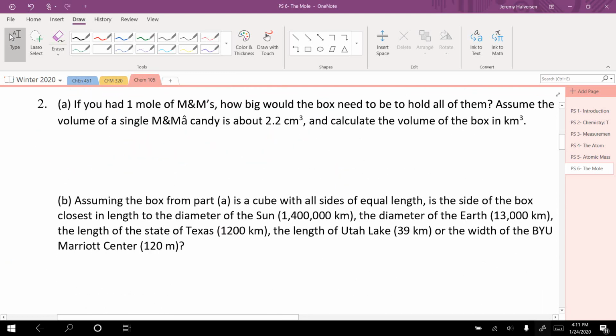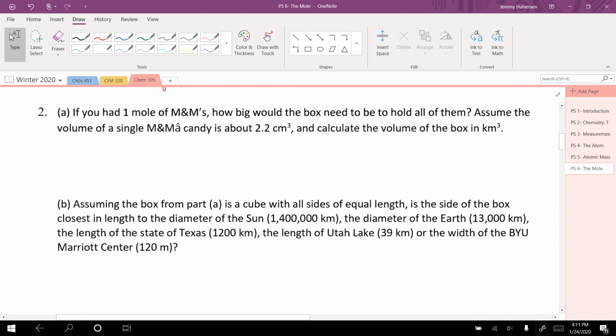All right, so let's get some context of moles, and we're going to use it in the context of M&Ms. Hopefully this emphasizes the fact that the mole itself doesn't have anything necessarily to do with atoms or molecules. It's just a number of stuff. So if you had 1 mole of M&Ms, how big would the box need to be to hold all of them? Assume the volume of a single M&M